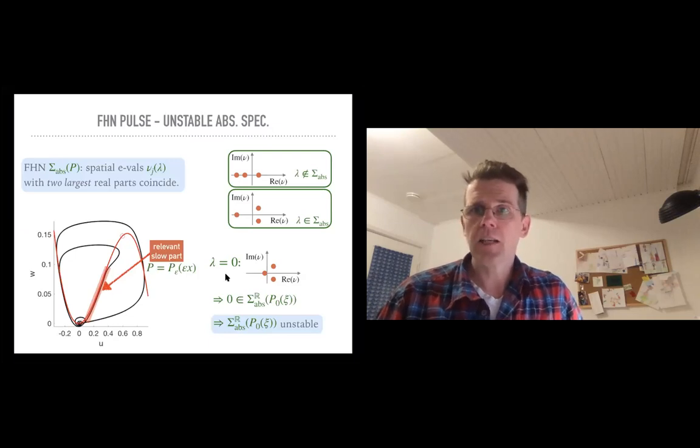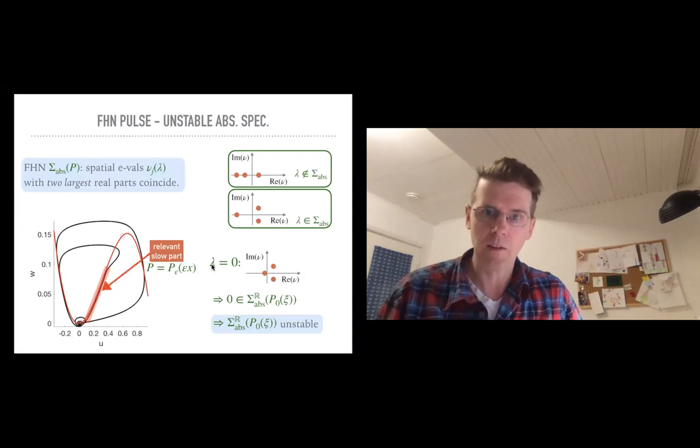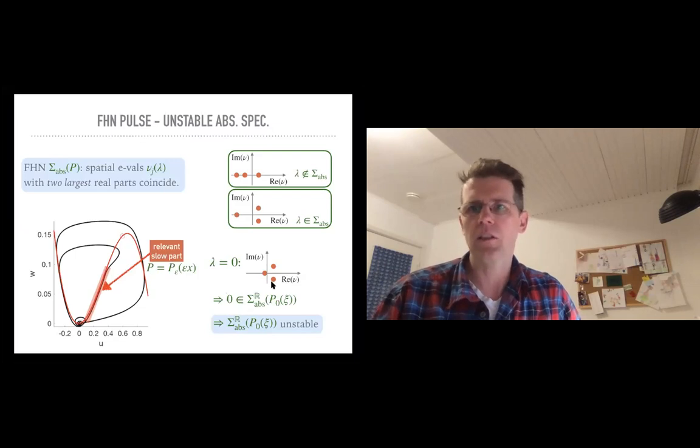The fact that this is in the absolute spectrum then shows that the absolute spectrum is actually going to be unstable. And the reason is that this difference in imaginary parts is robust if we change the real part of lambda. So by changing the real part of lambda a little bit, the complex conjugate pair nu of lambda is going to stay complex conjugate. And this obstruction is still happening when moving in particular lambda into positive reals. So it's going to be unstable, this absolute spectrum.